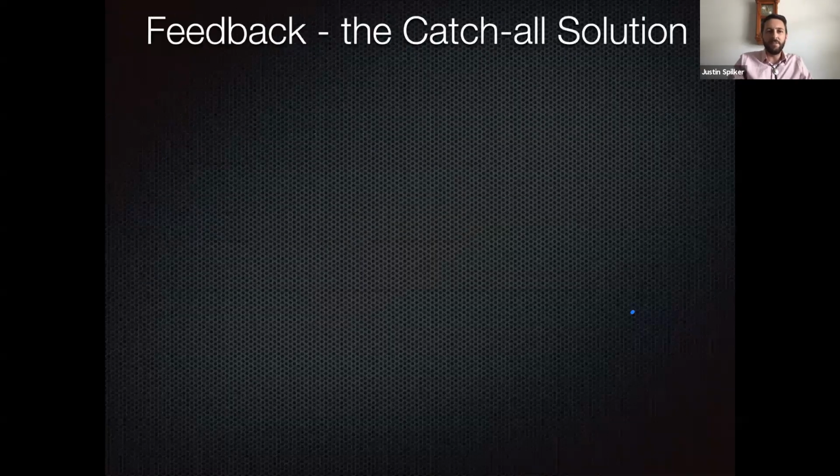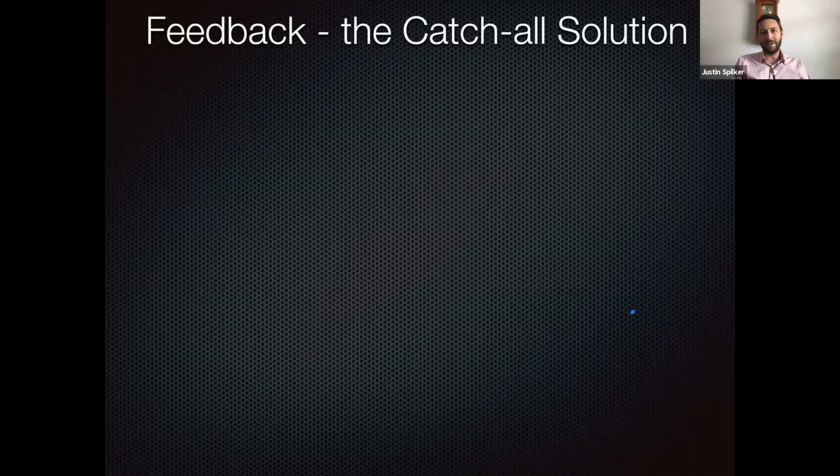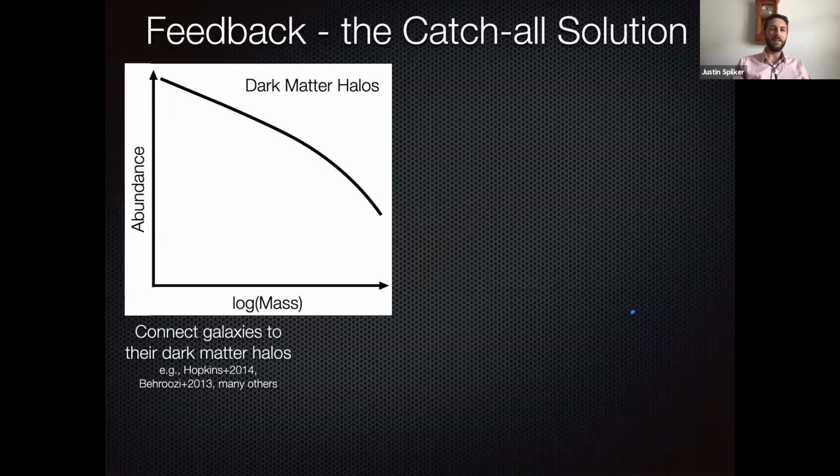And so that brings us to feedback, which is at some level a really catch-all solution. This is basically an umbrella term for a whole bunch of different physical mechanisms. But it touches on a whole bunch of different issues in galaxy formation. One of those is that feedback allows us to connect dark matter halos to the galaxies that they host. So if you make a plot of the abundance of dark matter halos as a function of mass, you get some